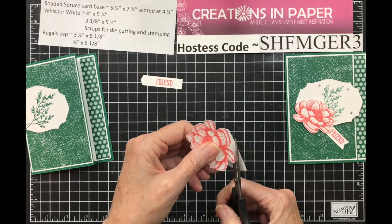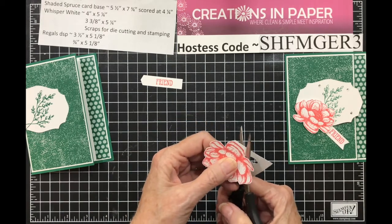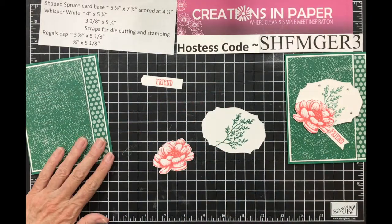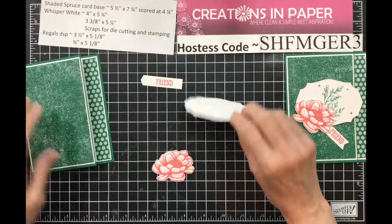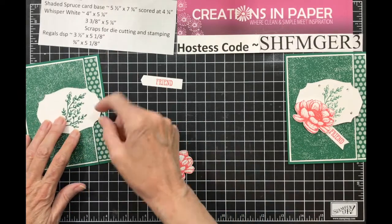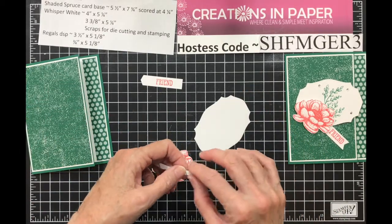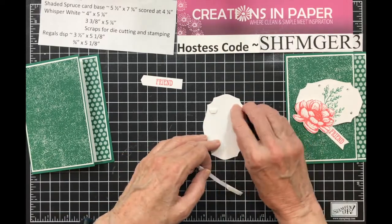All right, here we go. All right, almost done. See, this one's not a hard one to cut out. Thank heavens. Okay, now we need some dimensionals. So this goes on in the center, but you don't want to put any dimensionals over here, because if not, it'll stick to your card. So kind of use those as a guide and keep your dimensionals below that area, and you'll have a nice